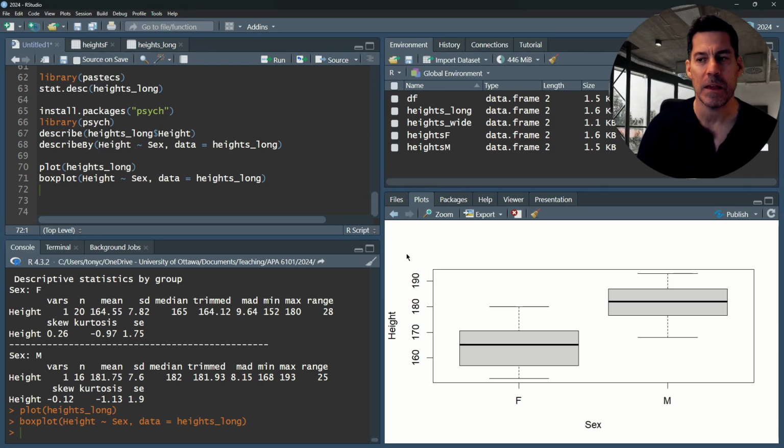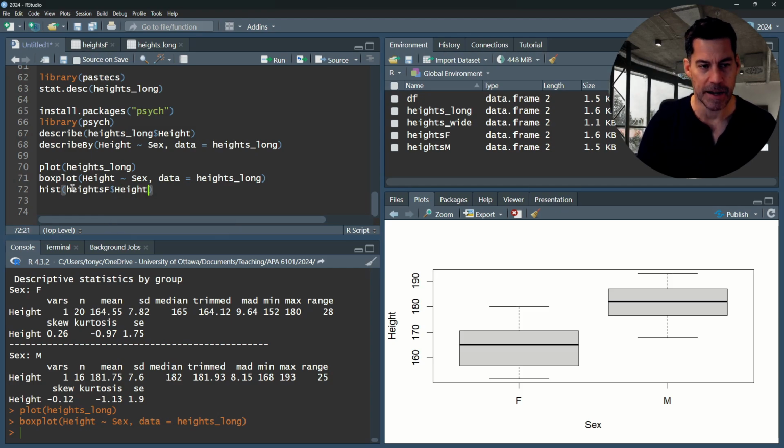Another way that we may want to look at our data is by using a histogram. What a histogram will do is give us our frequencies or our counts of any height bin. So why don't I give you an example of that right now? If I just type hist, that's going to be our function that we call for a histogram plot. And let's start off by just going heights F,